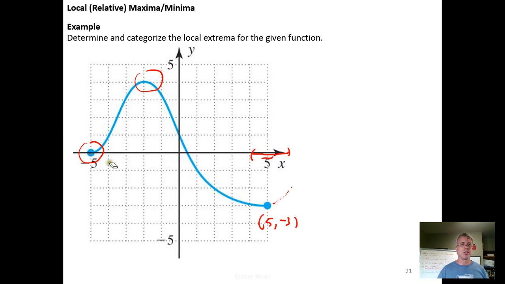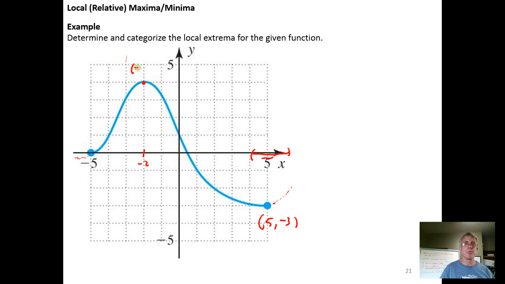So this one's going to fail on this side as well for the same reason. If you try to construct an open interval centered at -5, the function isn't defined to the left of the input of -5. So the only candidate that we have on this graph is this point right here,